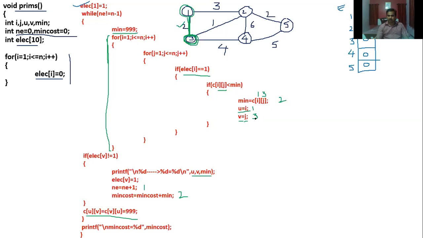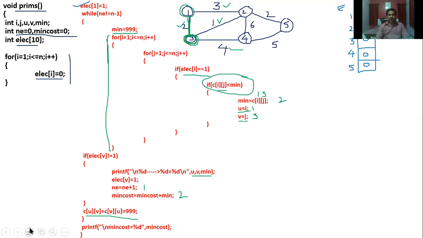uv as well as u should be initialized to infinity, because again from the adjacency matrix, I am supposed to choose an edge which is adjacent to these elected vertices. Elected vertices are 1 and 3. So its adjacent vertices, for 1 it's 2, for 3 it is 2 and 4, right? So among these, which is the minimum one? There are 3 possibilities. One is this, and another one is this. Again, I should not consider this one. That's why this 1 to 3 I marked as infinity, right? There are 3 possibilities with respect to this path.